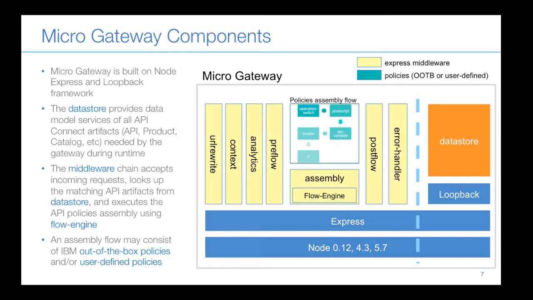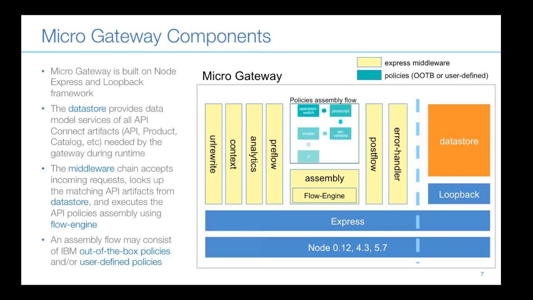So what I just described is the overall components that we have on the micro gateway, and you can see the policy assembly flow that we have over here. As the very last bullet on the left-hand side, when we ship the API Connect product, we have some out-of-the-box policies, like invoke and set variable, and it is also possible for users to create user-defined policies in